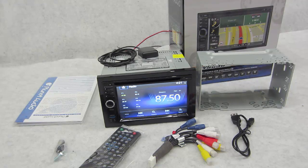Right here I have a brand new piece which is made by Planet Audio, not a mainstream company that we typically stock and sell here at Let's Go. However, we did get a deal from these manufacturers, so we took a chance on it. We got it. Now the reason why we went with it is because this piece, unlike a lot of other